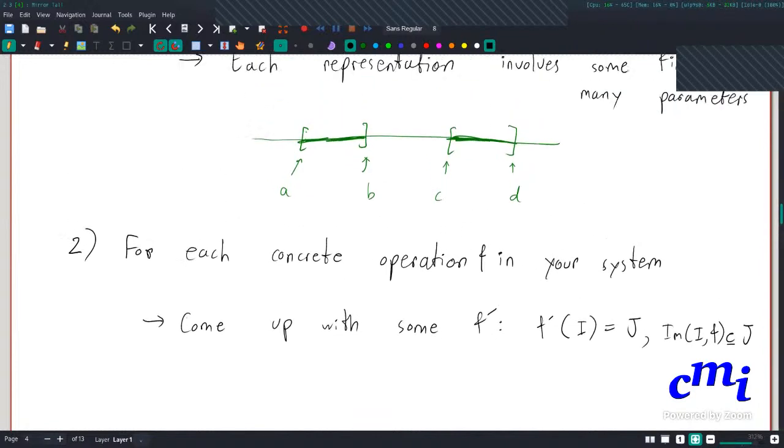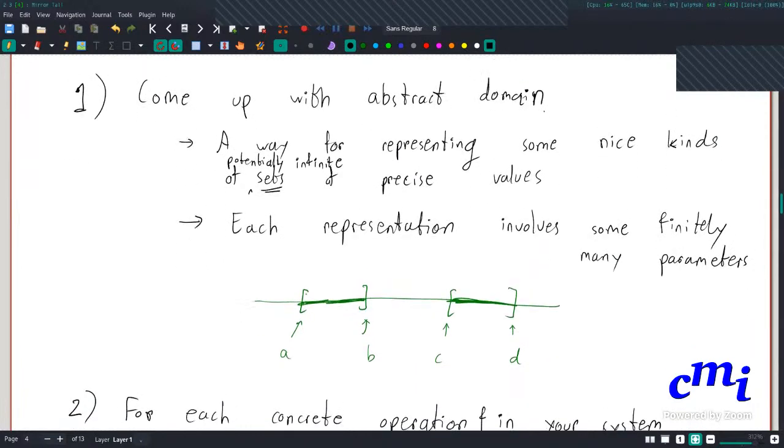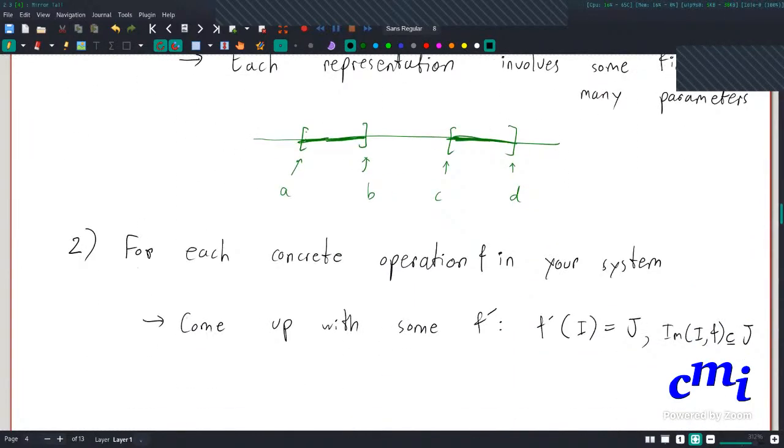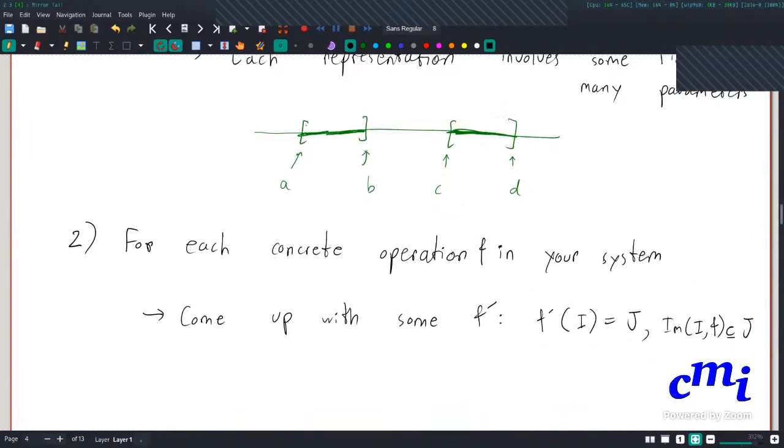So this is the basic idea. Now, if you can come up with some abstract domain, and if you can come up with some F prime, which is called an abstract transformer,